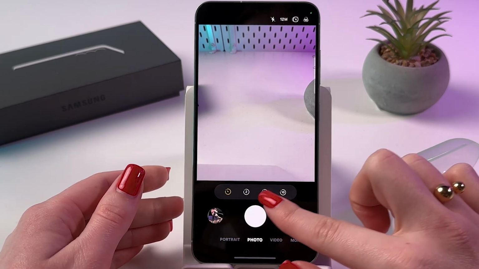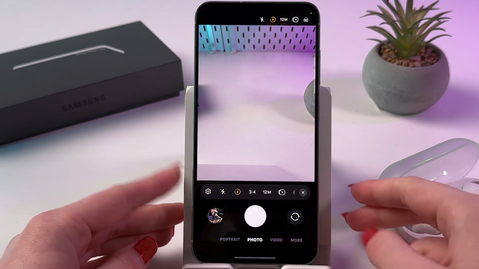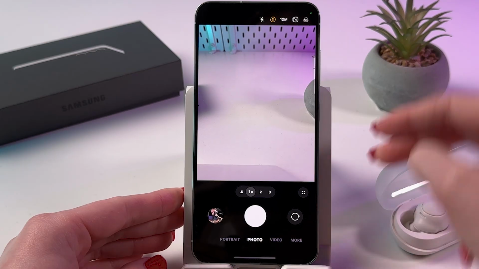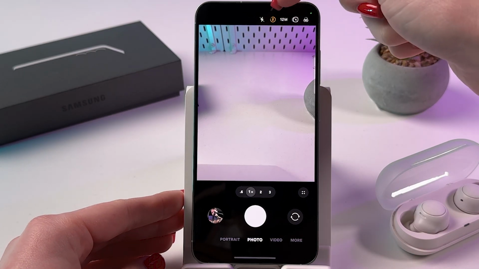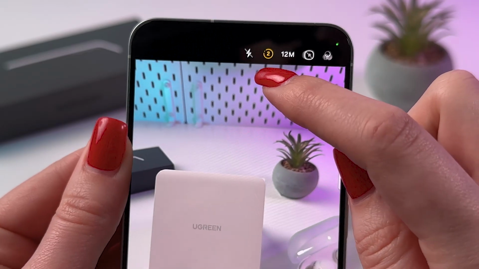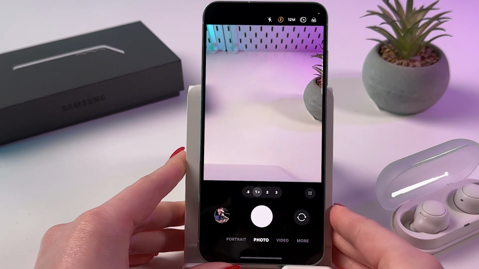Just pick something if you want to enable timer. For example, I'm gonna pick 2 seconds. Now you can close this tab by tapping cross and you'll still see this timer icon on the top. So you can still see those 2 seconds or 5 or 10 on the top, meaning that the timer is